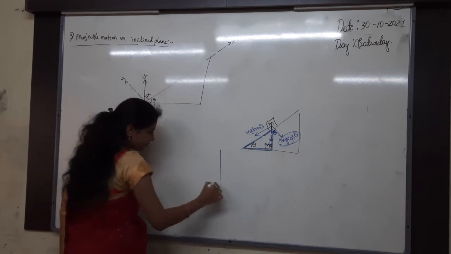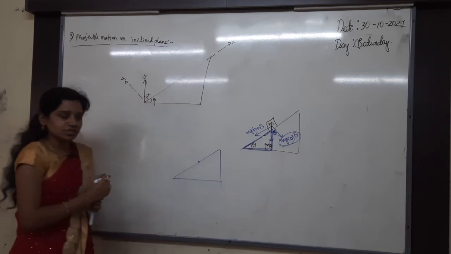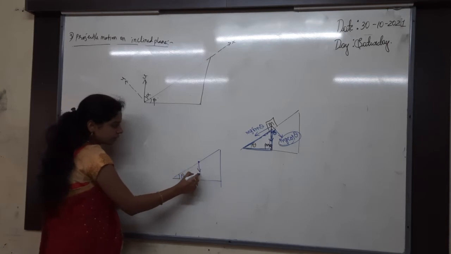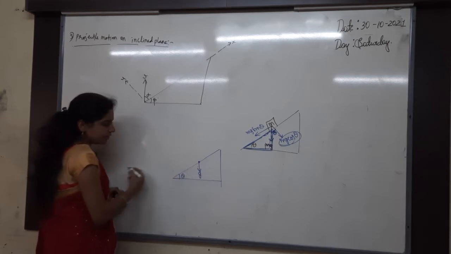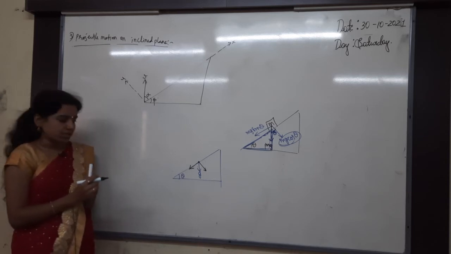So listen again. This is the inclined plane I have taken. Now here I want to take the components of G. Angle how much? Theta I am taking here. Then downwards what is acting? G is acting. Now I want to take the components of this G. Components along the inclined plane, and then like this we have to take 90 degrees to each other.